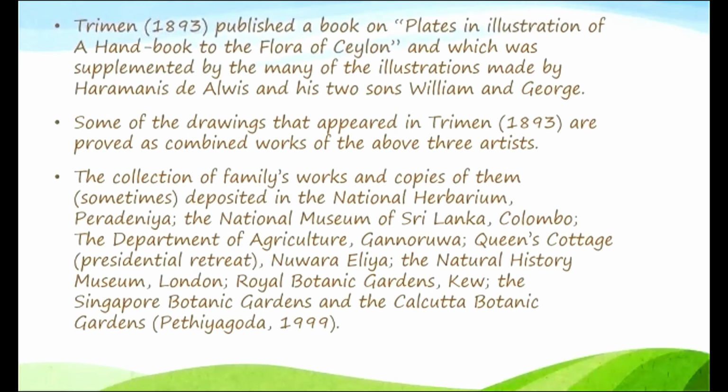Then another event: Thwaites was another British scientist who worked as a superintendent of the Royal Botanic Garden of Peradeniya. During his period, this Haramanis family was the illustrators of the Botanical Garden of Peradeniya, as well as sometimes the Botanical Gardens of Calcutta. So the illustration collection of the Haramanis family was used by Thwaites in 1892 for the published book called